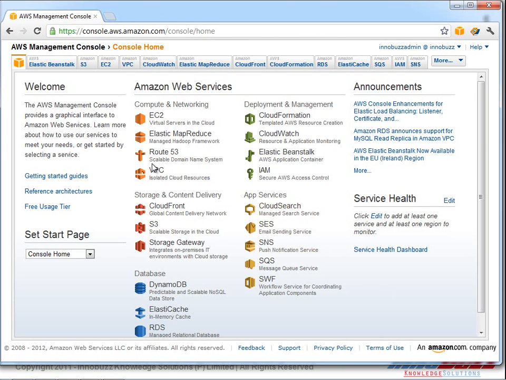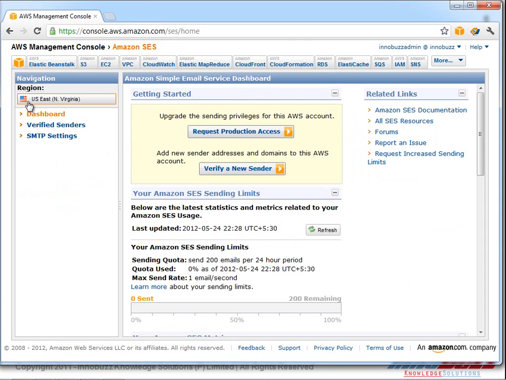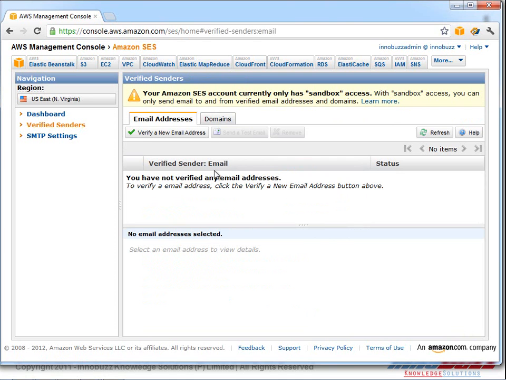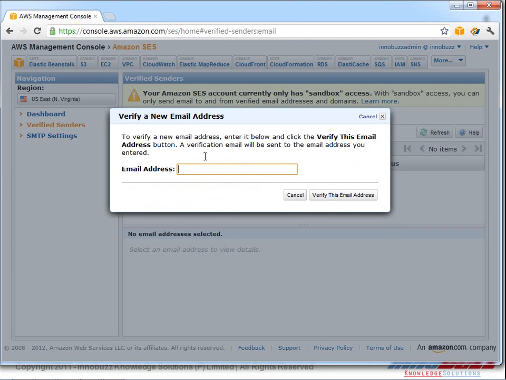We log into our AWS Management Console. Under App Services, we click on SES, which is Simple Email Service. When we come to the dashboard, we can see we have 2 different tabs. One is Request Production Access, and one is Verify New Sender. First, we need to verify our sending email address before we proceed with using SES for our application. So we need to verify an email address that is associated with our account, and this is used for the confirmation from the end user side for AWS. So we go ahead and enter the email address which is associated with our business